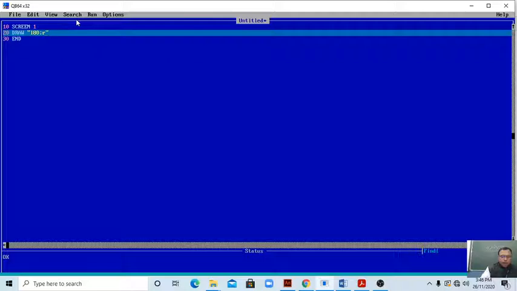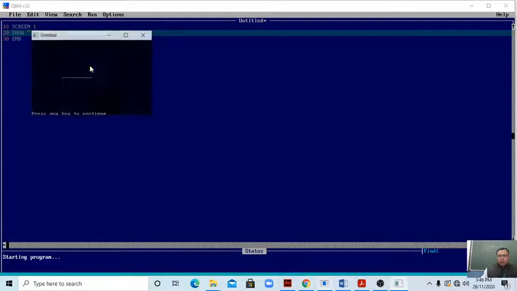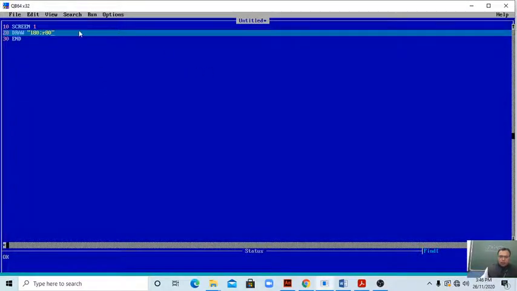Suppose I am writing R80, then what happens? See what answer we are getting. This is 180 degrees. This is also a straight line.